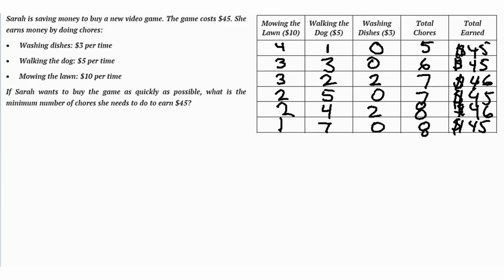All right, so our chart here is done, and as we can see, the question was not how many different ways you could do it. We've already found a lot of ways here. Which one results in the quickest amount of time, which means the shortest amount of total chores? As it turns out, it's just mowing the lawn 4 times and walking the dog once. That's 5 total chores, and she'll get her $45. So hence, what is the minimum number of chores she needs to do? It would have to be 5 chores, which would end up being 4 mowing the lawn,